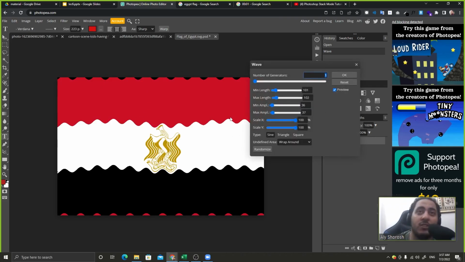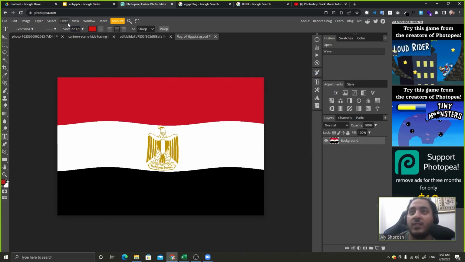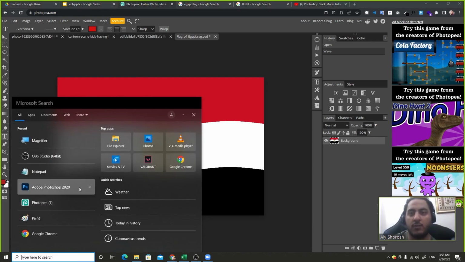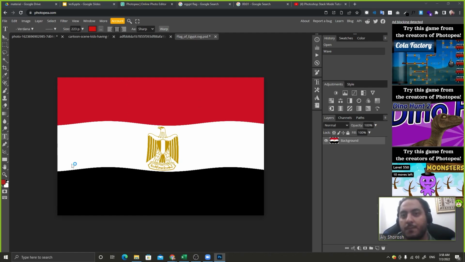I will not explain all these properties because if there is an X amount of filters here, GIMP has another, has a Y amount, and Photoshop has a Z amount. Every software has a lot of filters. There are a lot of common filters, but also Photoshop has tons of filters. If I open Photoshop, for example,